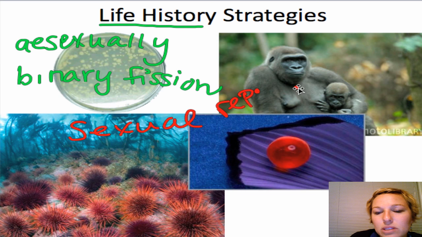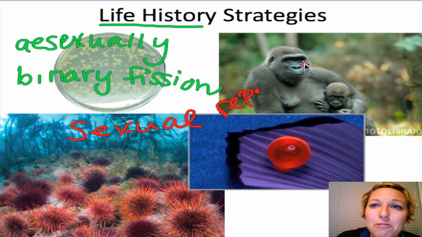And then we have mammals, in which there's a pregnancy. The zygote forms within the mother. And once that pregnancy is, what's the word? Why can't I think of gestation? Once the gestation period has ended, that means the baby can survive on its own outside of the mother. Then the baby is born. However, there's a lot of input from the parent in raising this baby. So we're going to talk about how life is lived differently between different species.